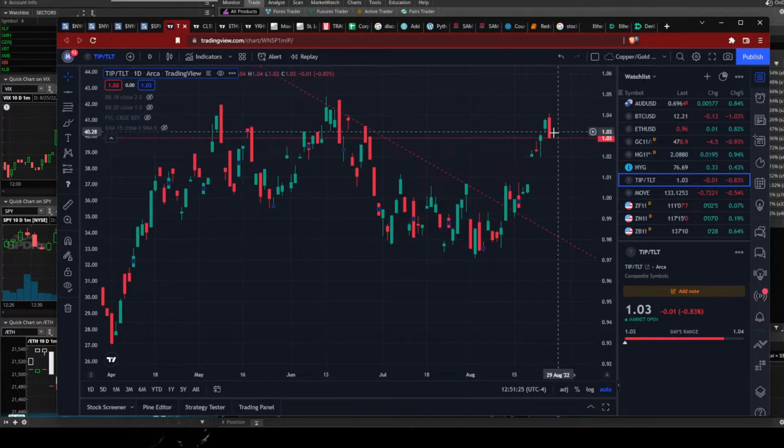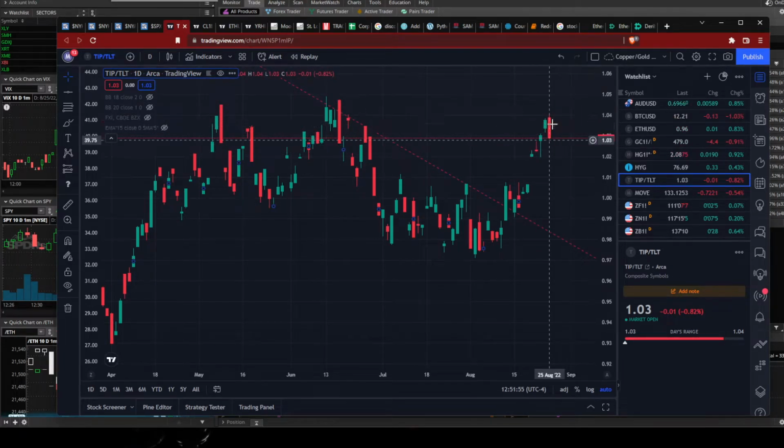This is an outside day down. Will it hold for the end of the day? Who knows? I've been noticing that there's been some big movements in TIP-TLT at the end of the day. We shall see if it recovers or not. But just looking at these outside day downs, we noticed that TIP-TLT consolidates for at least a couple of weeks before it comes back up, if it even comes back up. Okay, so just thought I would share that.